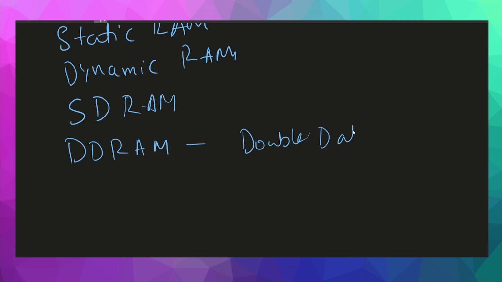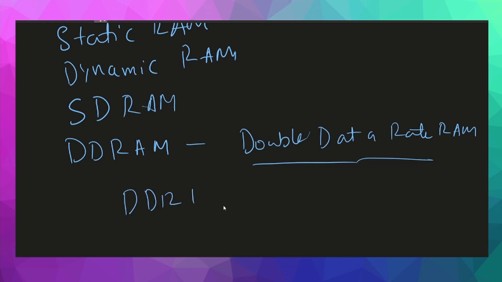Double data rate RAM. It works the same as the SDRAM, but its transfer rate is double that of SDRAM. That's why it's called double data rate RAM. In this there are different types: DDR1, DDR2, DDR3,